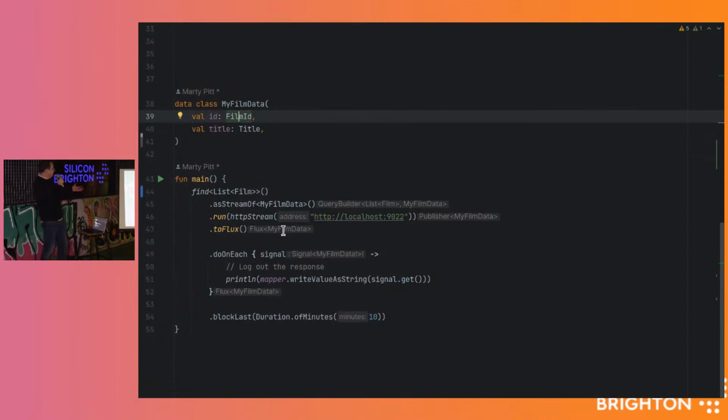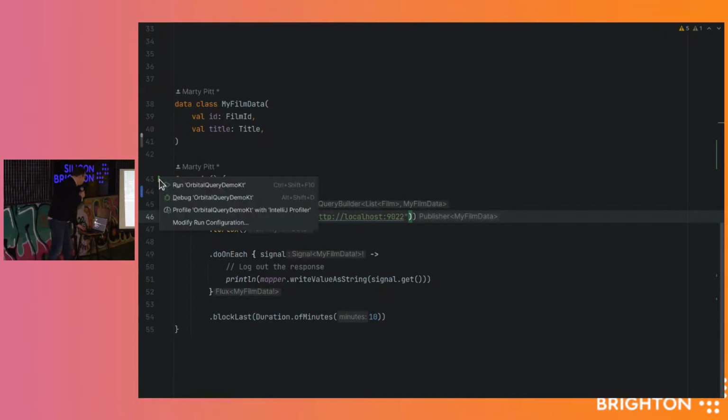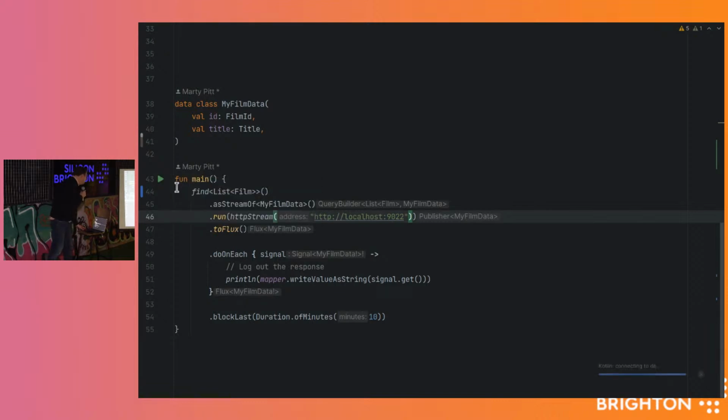Okay, so here's my query. I'm going to say, right, I just want to find a list of films, give it to me as these things, and run it by doing an HTTP stream to Orbital that's running on localhost, and give it to me as a flux. So it's a nice kind of non-blocking operation. And all we're going to do is just print them out. Every time we get one back, we'll just print it out. So if I run that, and if the live demo gods are good to me,